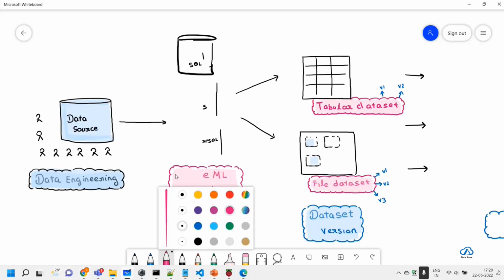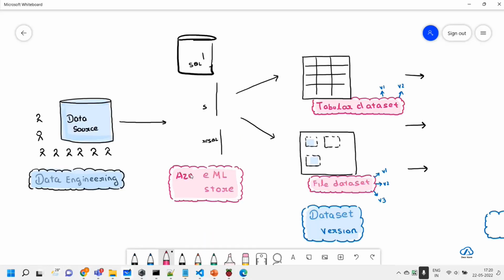Now, if you think about Azure Machine Learning as such, there is a concept called a data store. It's very important in MLOps that we version anything and everything we are doing. For example, the data which we are getting might come from a relational location like Azure SQL, or from Postgres, or from a data lake,